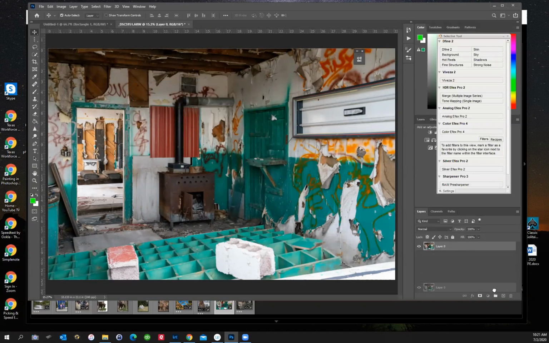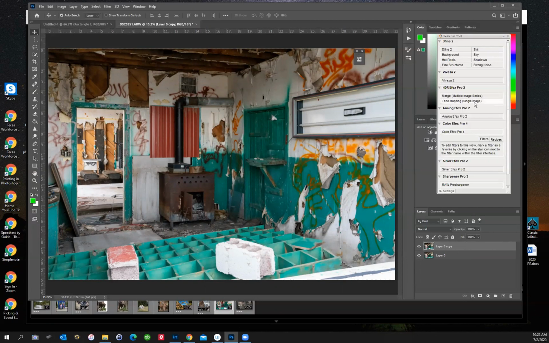But my goal is to create a second layer with an exact copy of this. So I now have two layers over here, layer 0 and layer 0 copy. And I'm going to take this copy and bring it into